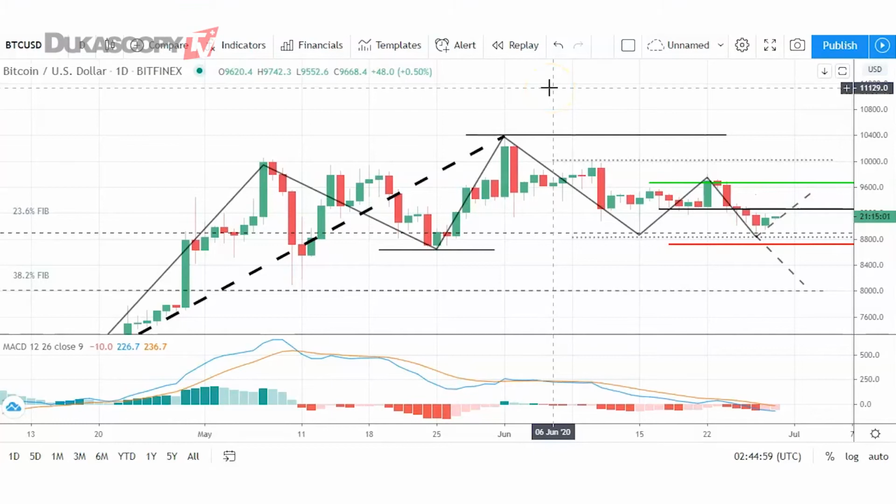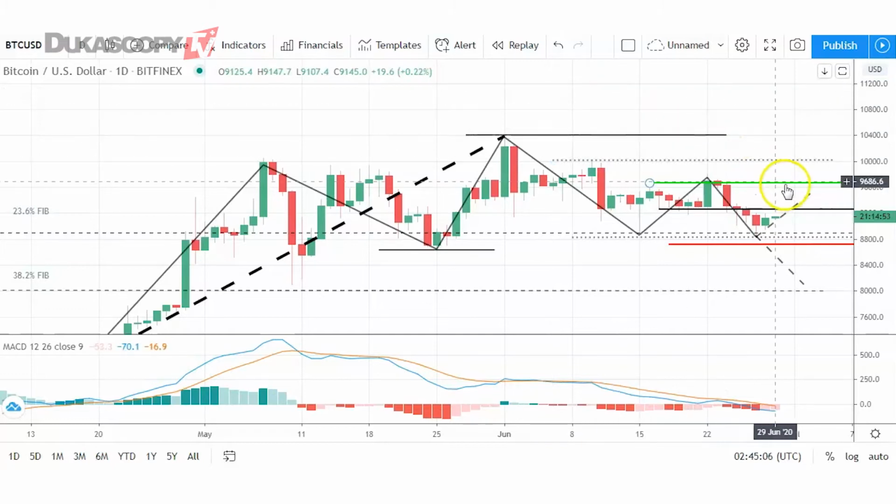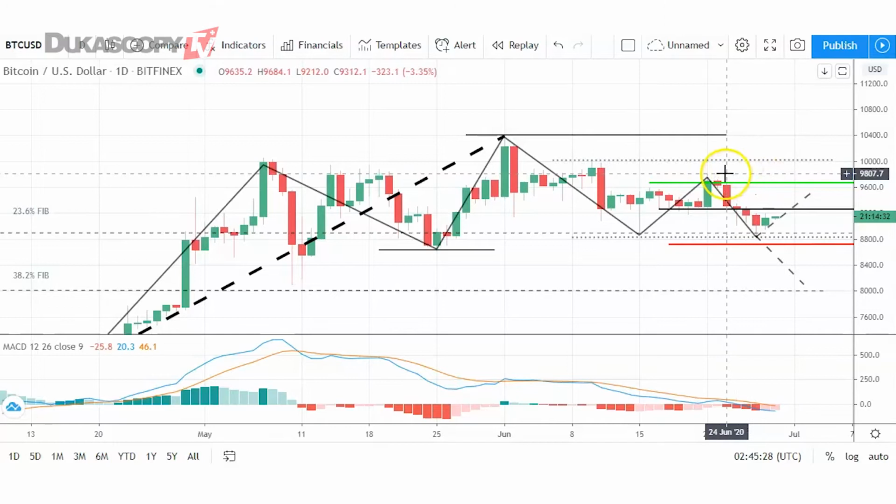Jumping straight in, looking at Bitcoin against the dollar and the daily candlesticks. Bullish start to the week. Going to need to see Bitcoin move through the pivot, however, at 92.58 to support a rebound from last week's pullback. We saw 5 consecutive days in the red last week. So a move through the pivot would bring the first major resistance level of the week, 9662, into play, and we're going to need to see a breakout through 9,500s where we've seen plenty of resistance